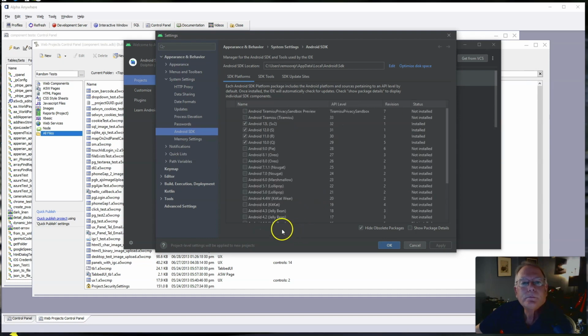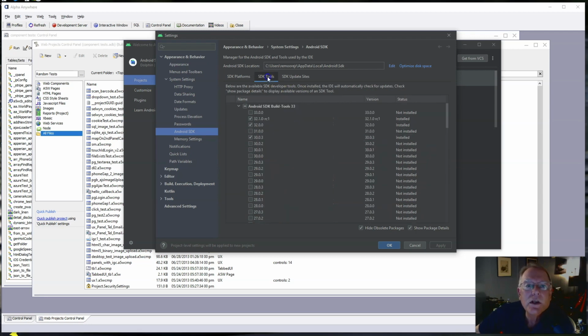And this is important, the Android SDK here, we're going to be targeting API level 32. So you need to make sure that that's installed. You check that. And you can install other versions if you want, as many as you'd like. It's really going to consume disk space. That's all you're really doing here. And then we have to look at the SDK tools, and Cordova Android 11 requires 32. So I've got that checked, and I've got 32.1.0 release candidate 1 installed as well,